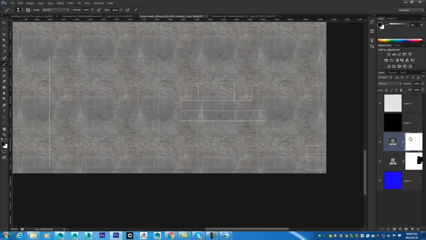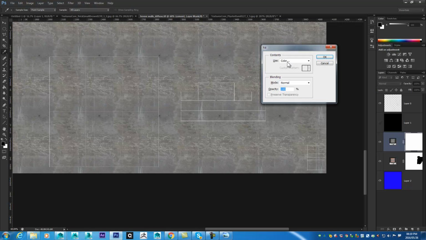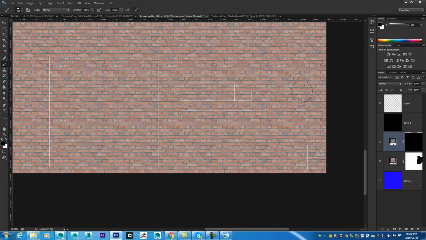So I'm going to fill this layer with black. I'm going to hit Shift Backspace and choose black, and that's going to fill the layer with black. And now we want to paint with white. So I'm going to choose my white foreground color and now only paint the areas where we want the actual cement to show up. You can do a rough paint like this, or if you want to be more precise,